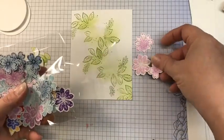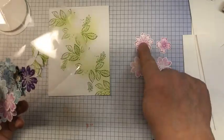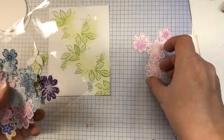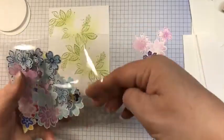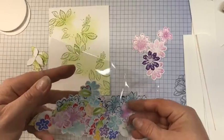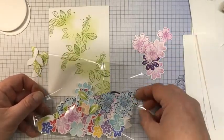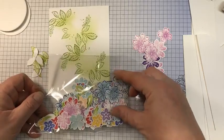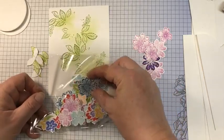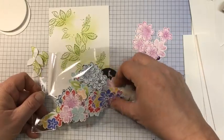So there's a bunch of fresh freesias. And see, some of them are the solid flower that stamps, and some of them are the lines. And I kind of prefer that, but maybe a mixture would be cool. And then there's a gorgeous grape one, but I have a lot of freesia. Oh, there's even some leaves in there. I'm trying to think what I'd stamped gorgeous grape for, because it looks like I don't have a ton of them. What I could do,